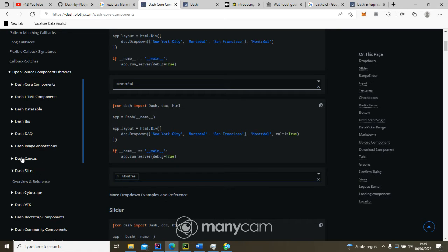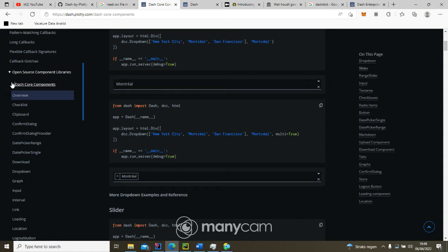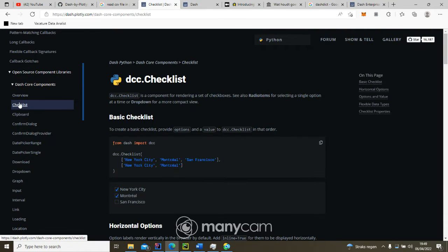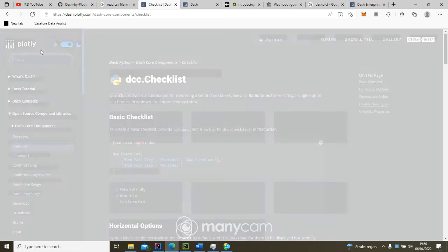Let's see here. For example, it's a Dash Core Components checklist. I want to use the checklist. For example, take a look here. I say from dash import dcc. dcc is the type of component you want to import into your page. I say I want a checklist, standard syntaxes, and here I'm going to enter my values and I get them. Okay, take a look here. Here I refresh the page,